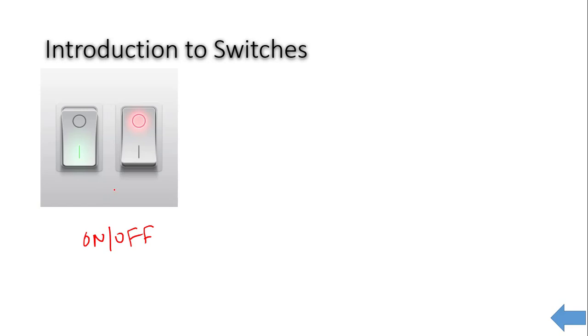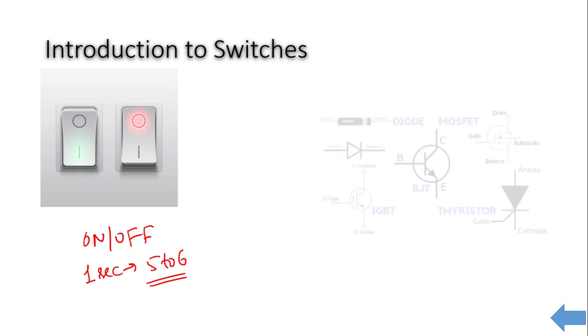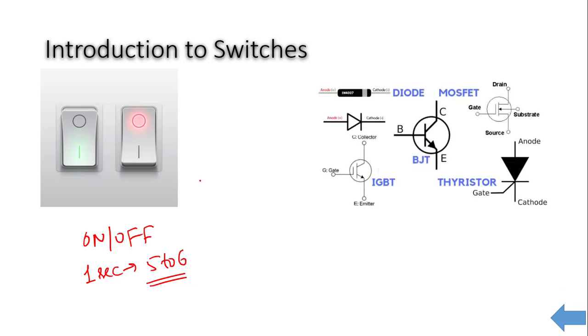But these are mechanical switches. You could turn them on at max 5 to 6 times in 1 second if you have a very good speed, but they will not be used for the conversion of power or flow of electrical power, because these are mechanical switches. We require to turn a switch on and off around 1000 and sometimes 10,000 times in a second, which is not possible for these mechanical switches. So we require electronic switches that I'm talking about.